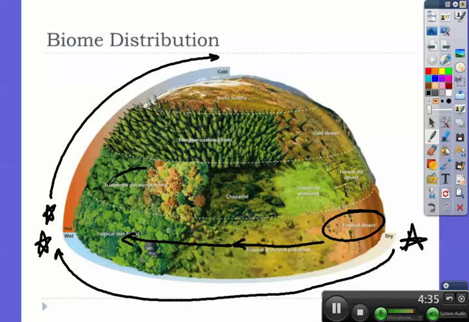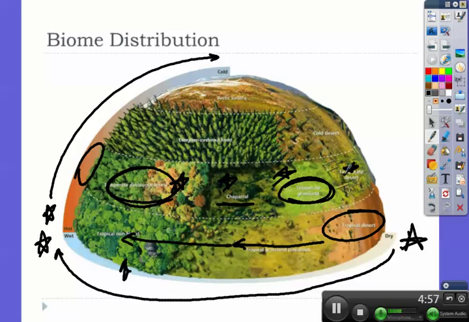Here is pretty much where we are. So we live in a relatively mild climate, and we actually get quite a bit of precipitation. So we are in a temperate deciduous forest. But here we get into some chaparral, which we'll talk about later on. Here is a temperate grassland. We actually see this, and to some extent this, a temperate desert, here in our country. Then we get up further north.